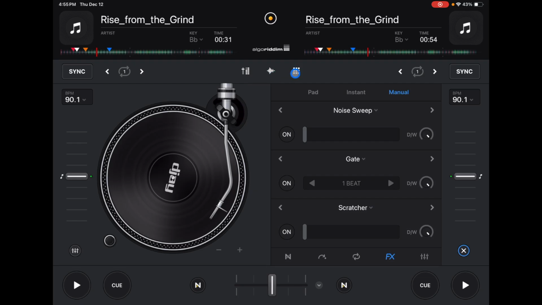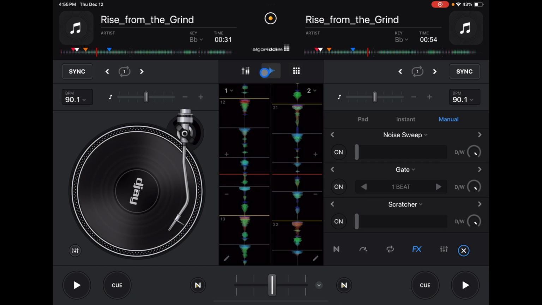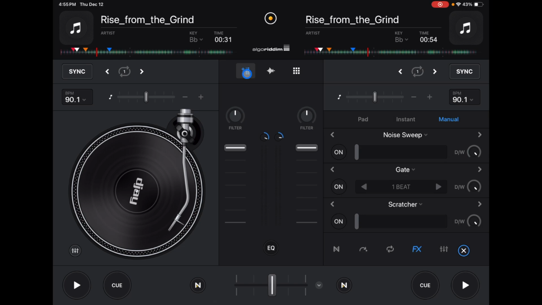To the right is going to be our sampler and looper. The middle is going to be our waveforms. And then over here, all the way to the left, is going to be another EQ section. So it may look limited now with just volumes, gains, levels, and filters. But they added a feature where if you press down here where it says EQ,